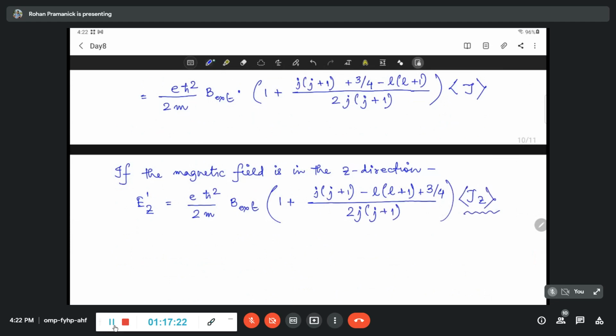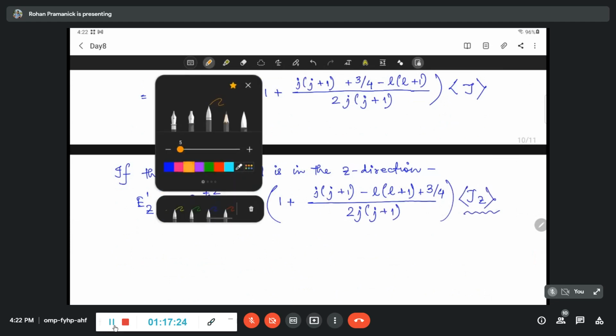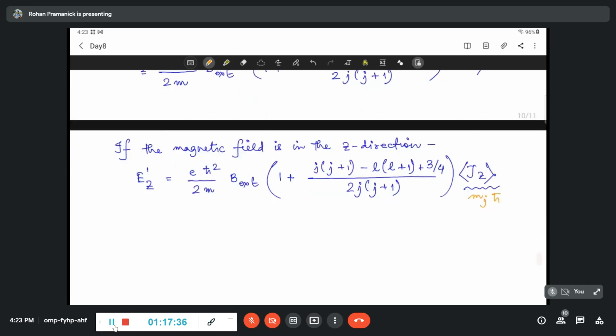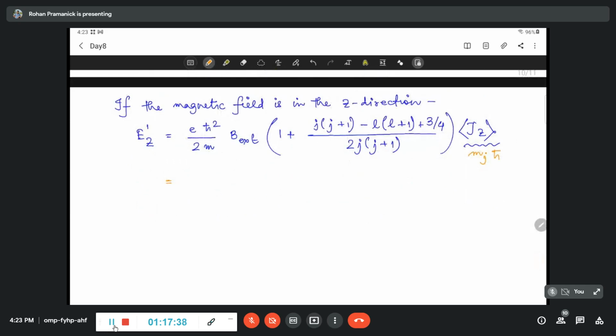And this Jz, you know that this is m_j h-bar, right? m_j h-bar in terms of eigenvalues. This is also an angular momentum, and this is the Z component of the angular momentum, and we can write it as